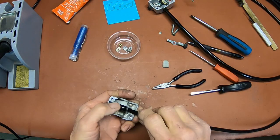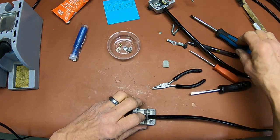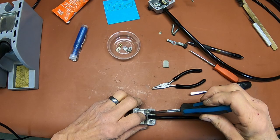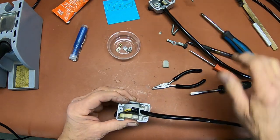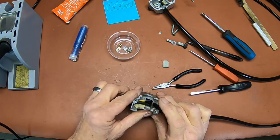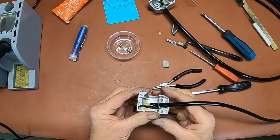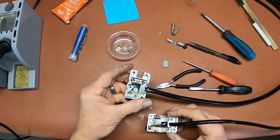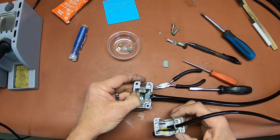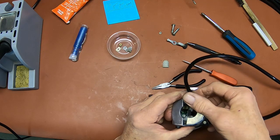And before you tighten them all the way down, you can get your cabling and everything situated the way you need it. Okay, now this little piece here that's sticking up, that's going to come in play again, holding this switch and everything down a little bit over here. So all that,